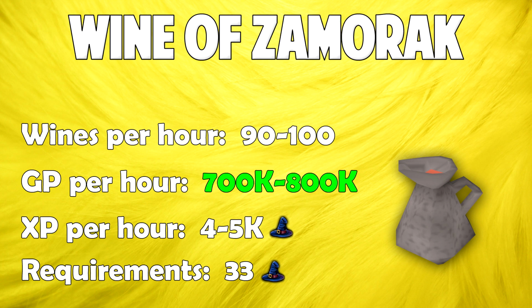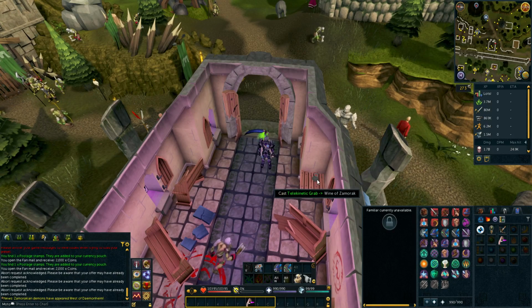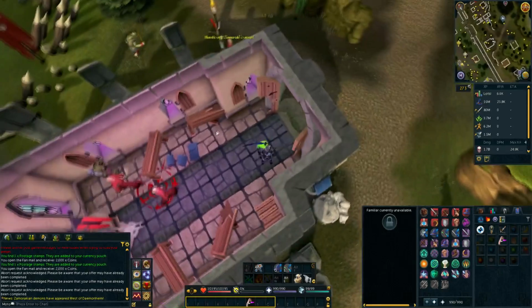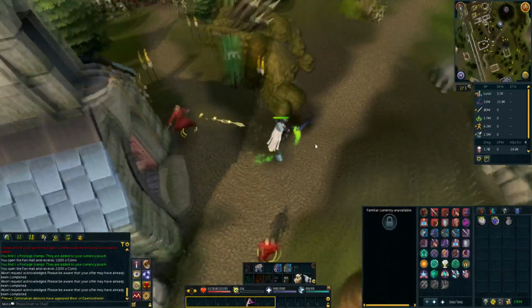Now, why do you need 33 magic? Well, you're going to be using the spell Telekinetic Grab, and this is where you collect the Wine of Zamorak. This is a little temple just north of Falador. The wine is just sitting on the table, and what you want to do is simply use your Telekinetic Grab on the wine, and then once the wine is collected, just run east past the little building to the south,